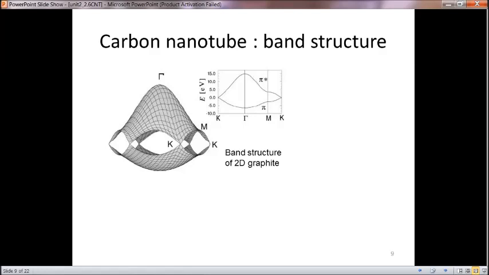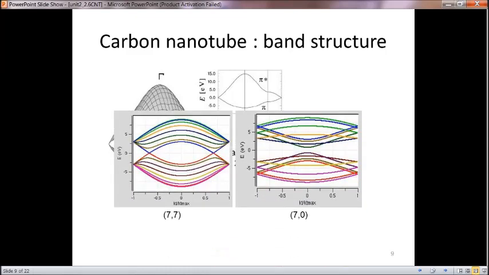The energy level is higher at one particular position. So it's given over here. Whenever the number of elements n and m are equal, it possesses metallic characteristics, and so the energy band, the band gap overlaps. There is no band gap, so it possesses metallic characteristics. Whenever n is greater than m, a little energy gap is there, and so it has semiconducting characteristics.